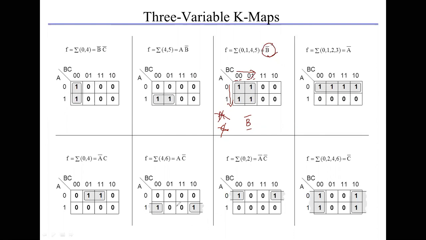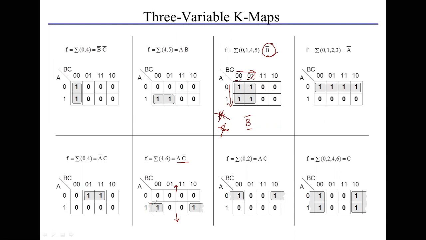Next is the case of overlapping of the K-map. The function is given here as minterms 4, 6, that is A into C bar. We'll see how this A C bar has come. Now if we roll the K-map across this axis, we'll get a symmetrical rolling like a paper. When we roll this, this and this are going to form a pair. So this pair is called a pair formed by overlapping, or rolling, of the K-map.